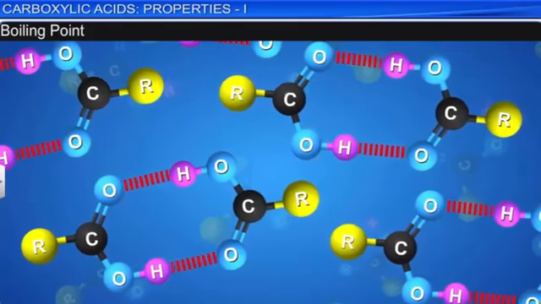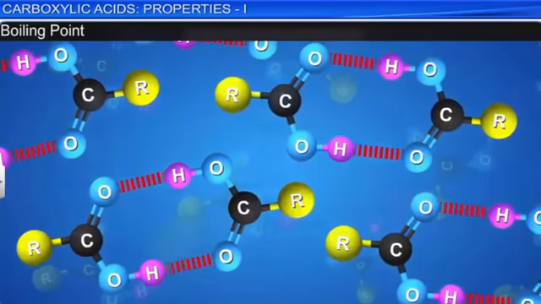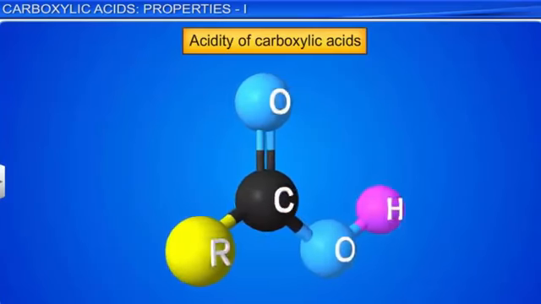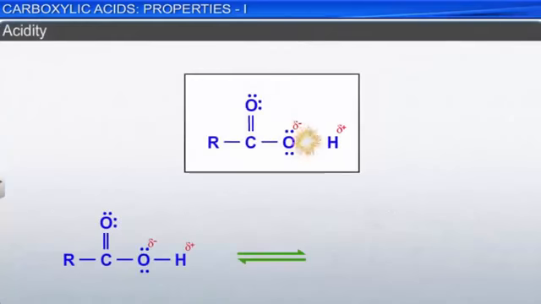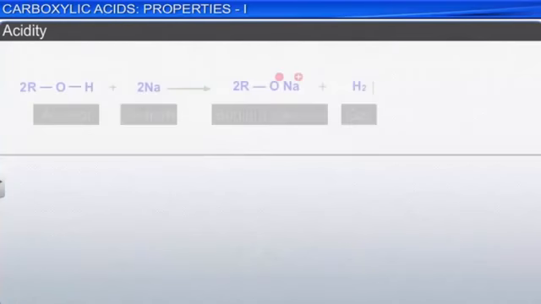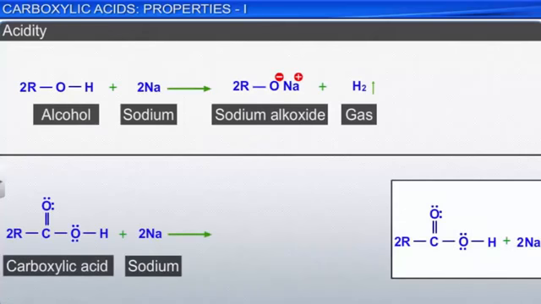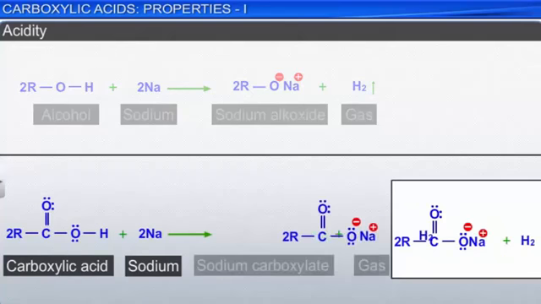Let us now look at the acidity of carboxylic acids. The most characteristic property of carboxylic acids is the one that gives them their name, acidity. Just like alcohols, carboxylic acids react with electropositive metals like sodium and liberate hydrogen gas. Unlike phenols,